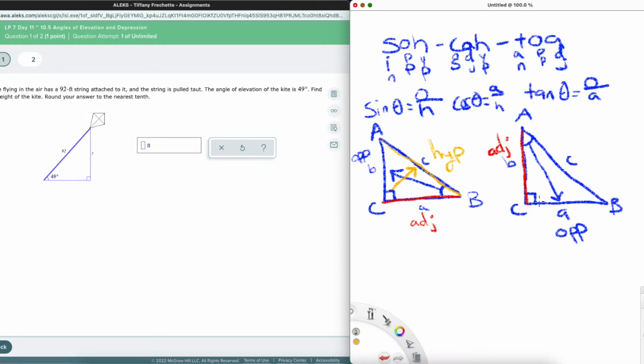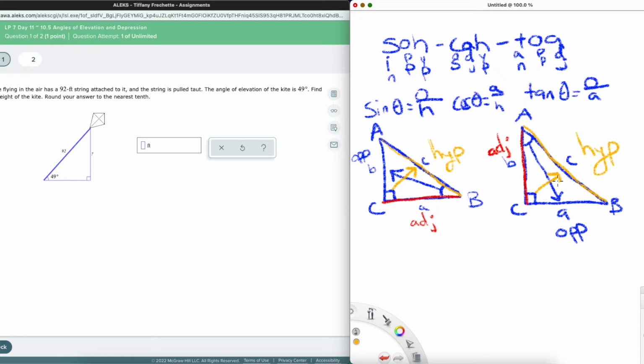This one is still across from the 90 here. So either angle I look at, this is still the hypotenuse. Doesn't matter on that one. That one doesn't change. Always, always, always across from that 90. Okay. All right. So now that we've reviewed a whole bunch of that, let's go ahead and take a look